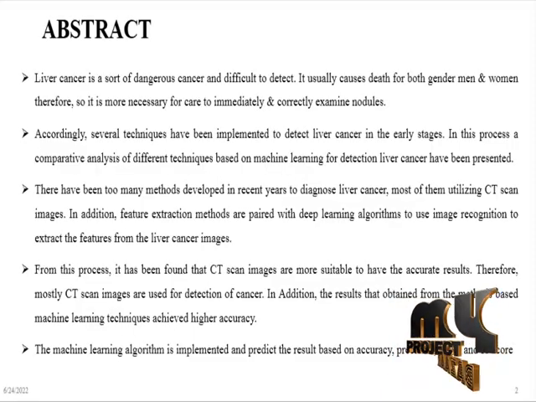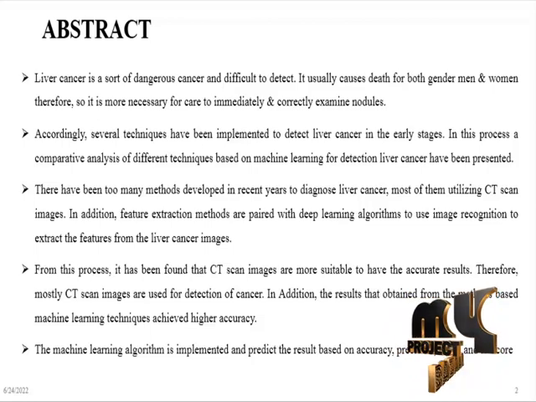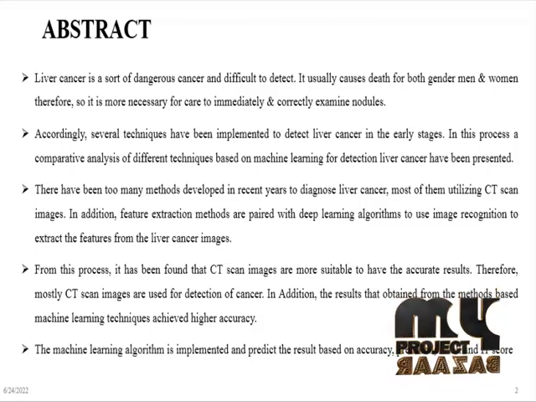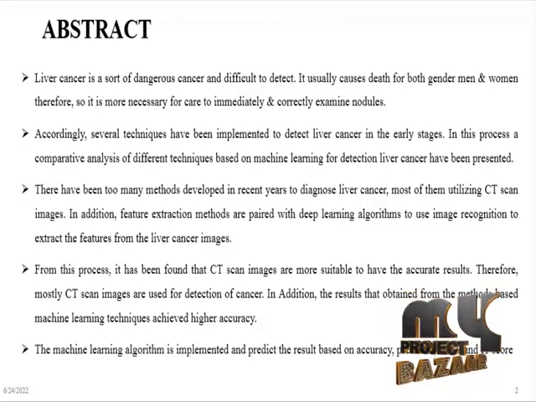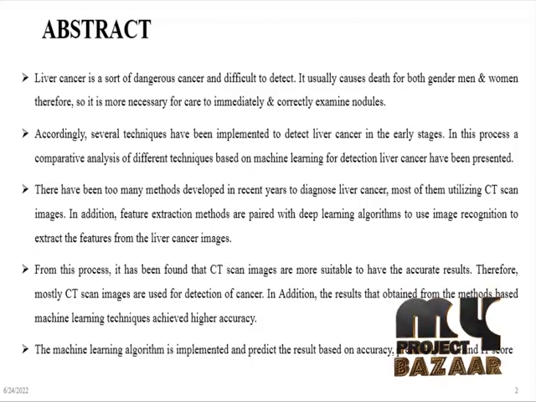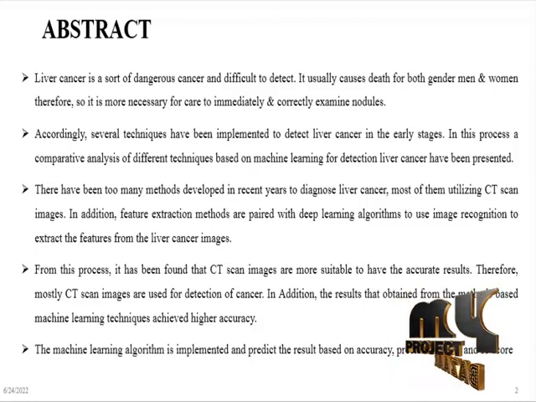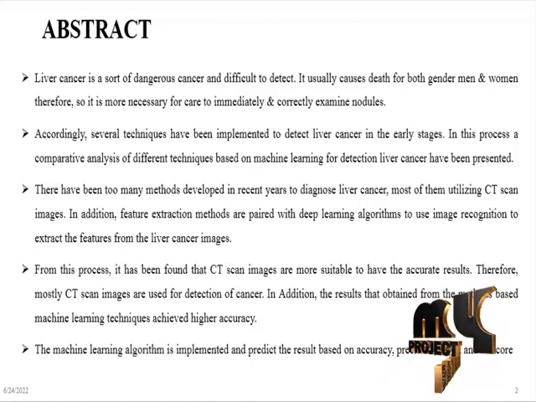And the abstract of the project: liver cancer is a sort of dangerous cancer and difficult to detect. It usually causes death for both genders, men and women. Therefore, it is necessary for care to immediately and correctly examine nodules. Accordingly, several techniques have been implemented to detect liver cancer in the earlier stages. In this process, a comparative analysis of different techniques based on machine learning for detection of liver cancer has been